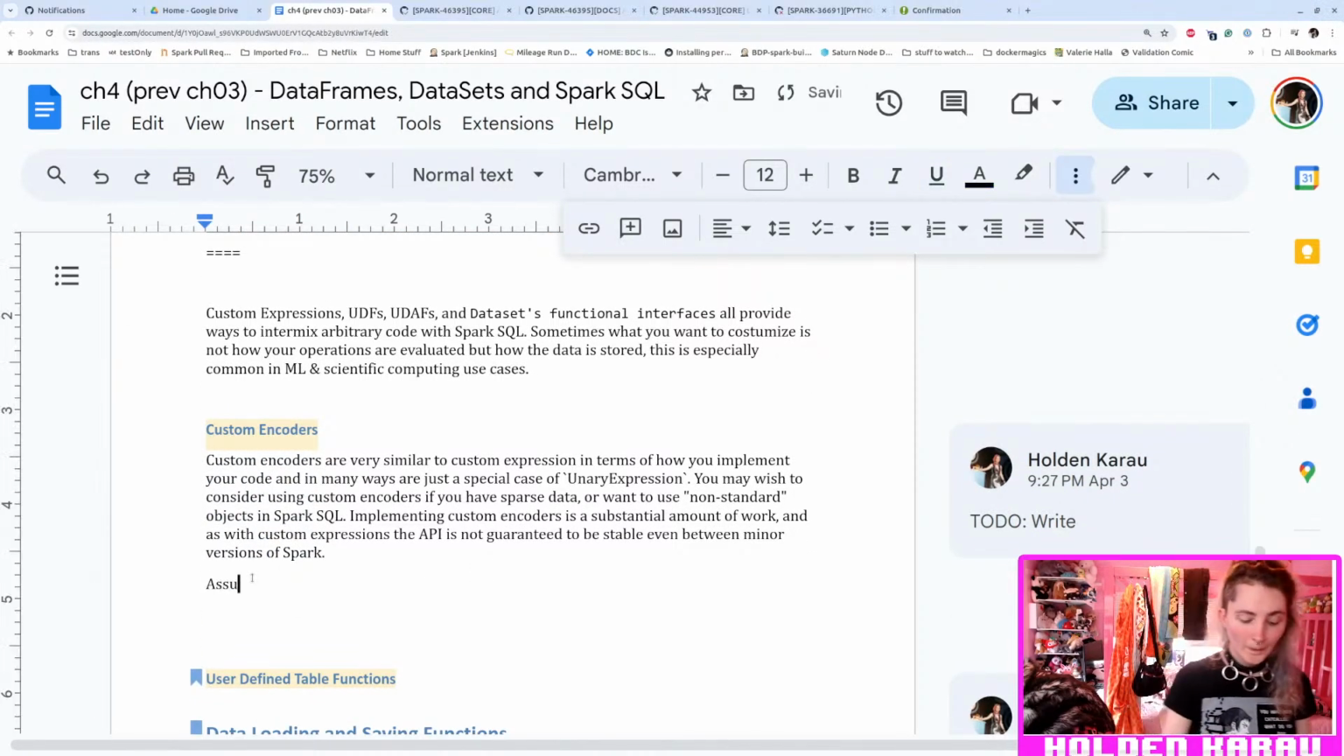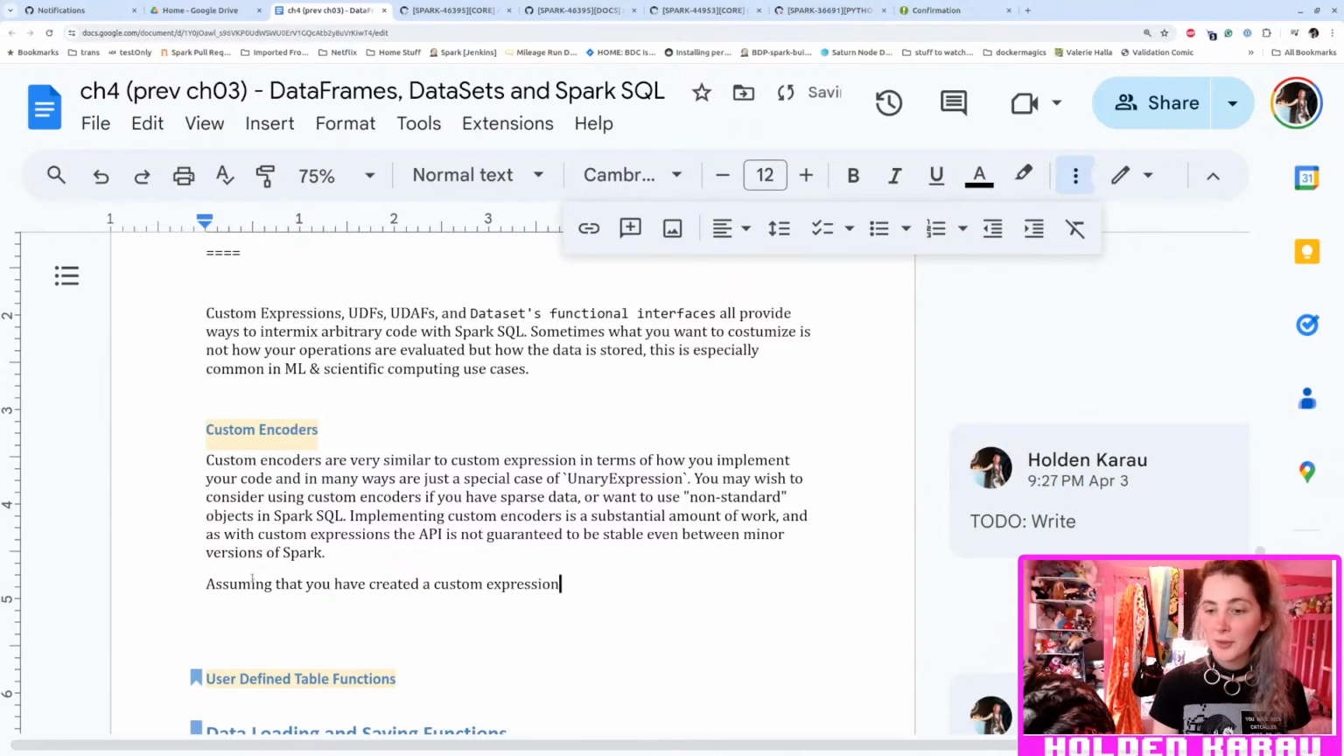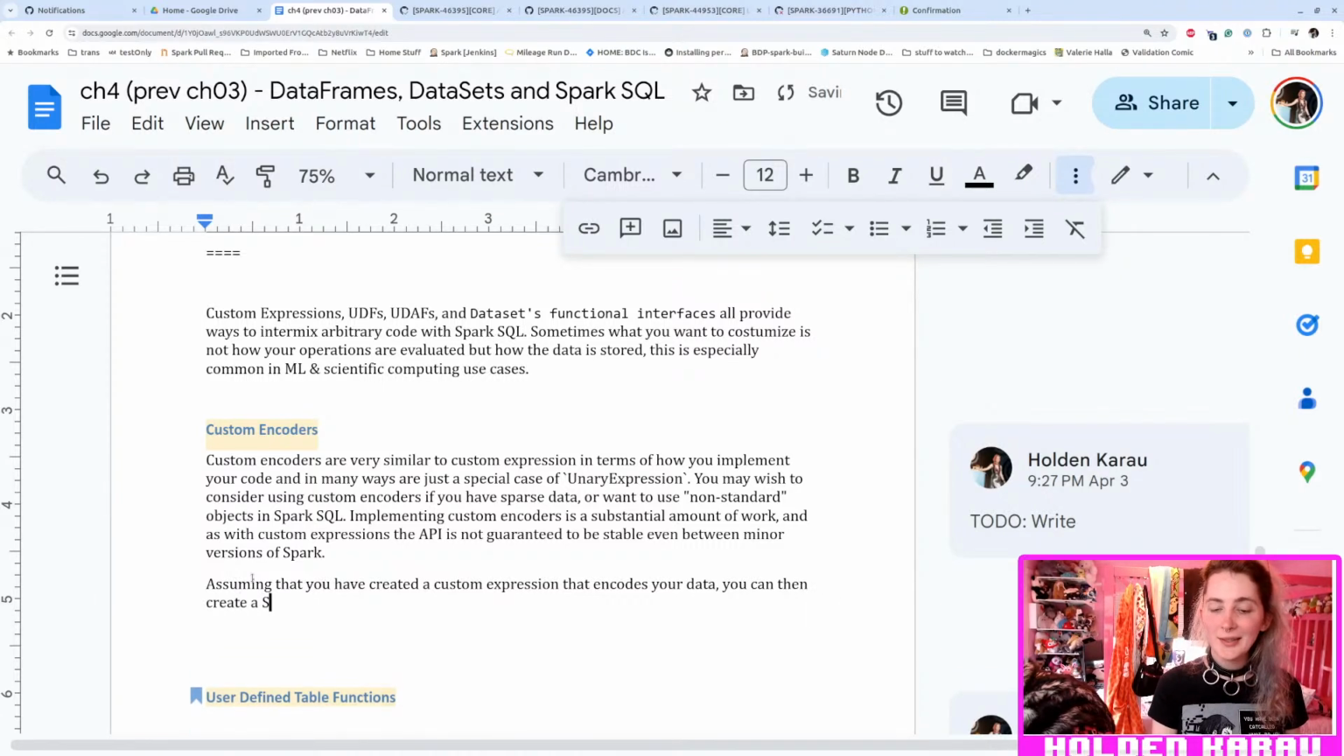Assuming that you have created a custom expression that encodes data, we can create a Scala implicit so that Spark will use your encoder in place of its internal encoders. For example,